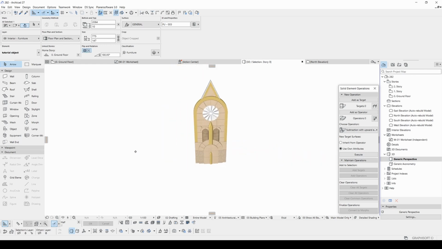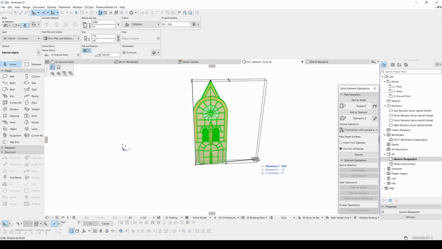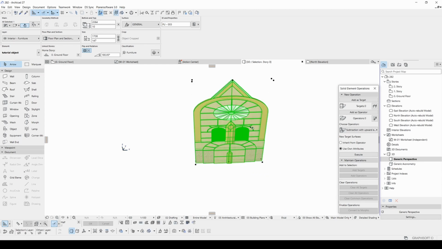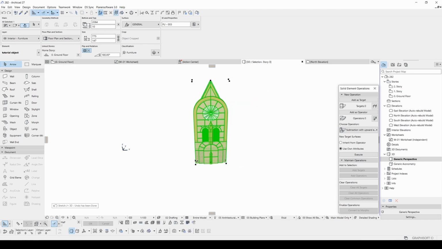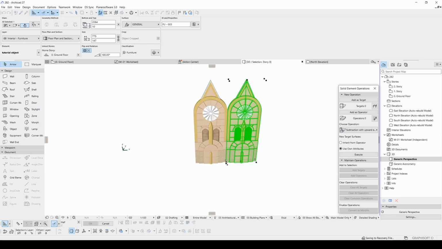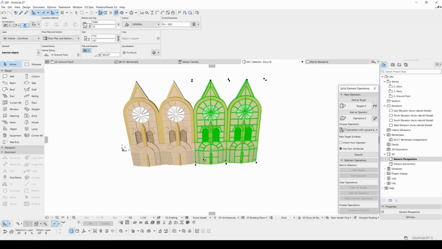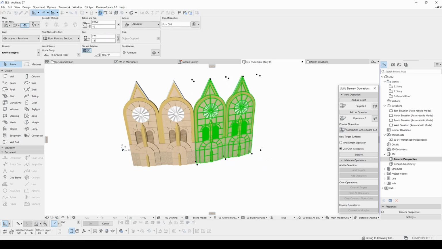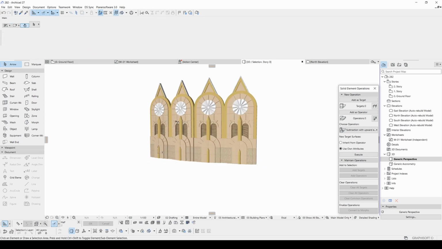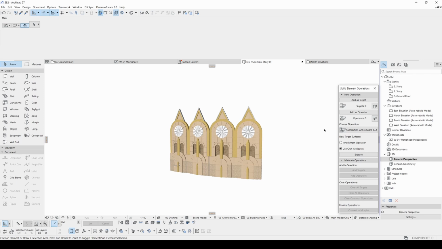Let's switch back to perspective view, and here we will get this. Since this is an object, you can easily change its height and width. You can stretch it out, down, whatever you want. Or you can just duplicate according to your project. Maybe you can rotate. And this was how you can model Art Deco architecture in ArchiCAD.